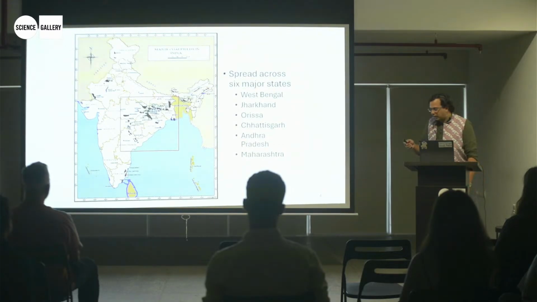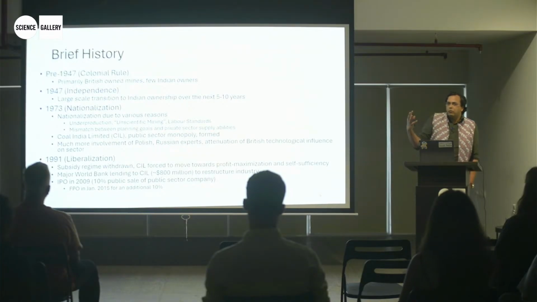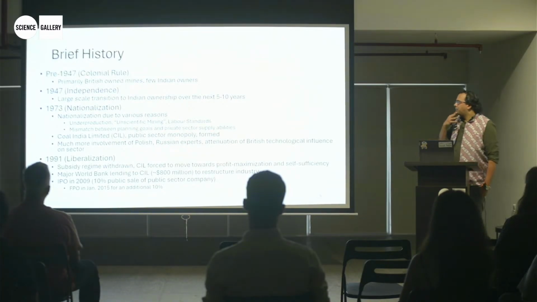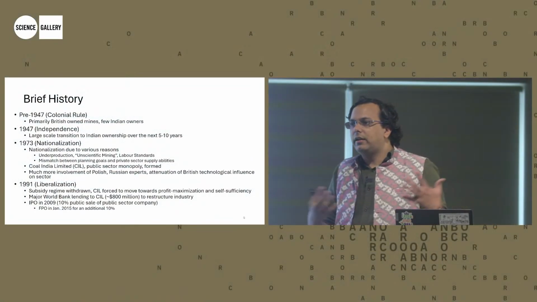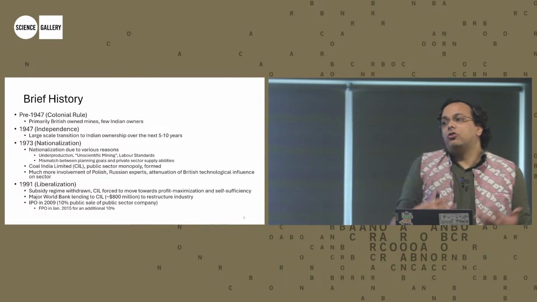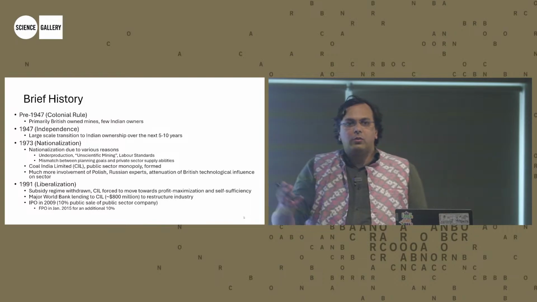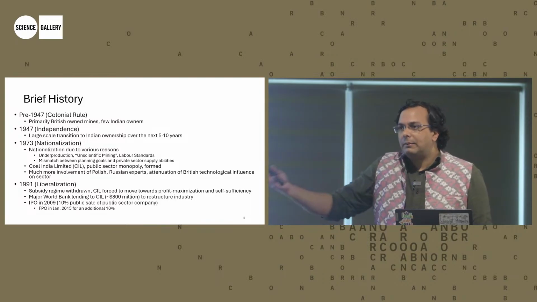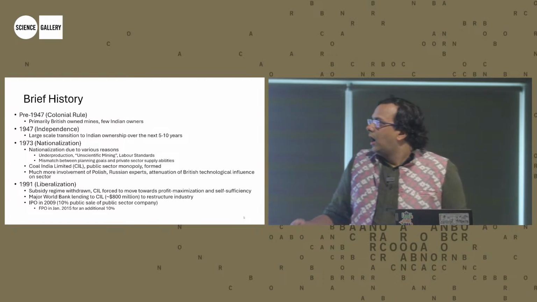Sorry for the oversight. I'm just going to walk through a very brief history of the coal industry because many of you may not be familiar with it. Obviously, a lot of industrial scale coal mining in India started in the late 1800s as the British industrial state came to India and started extracting it at scale, both in Western India near Nagpur, and then primarily in Eastern India near Jharia, Dhanbad, and these kinds of places, right?